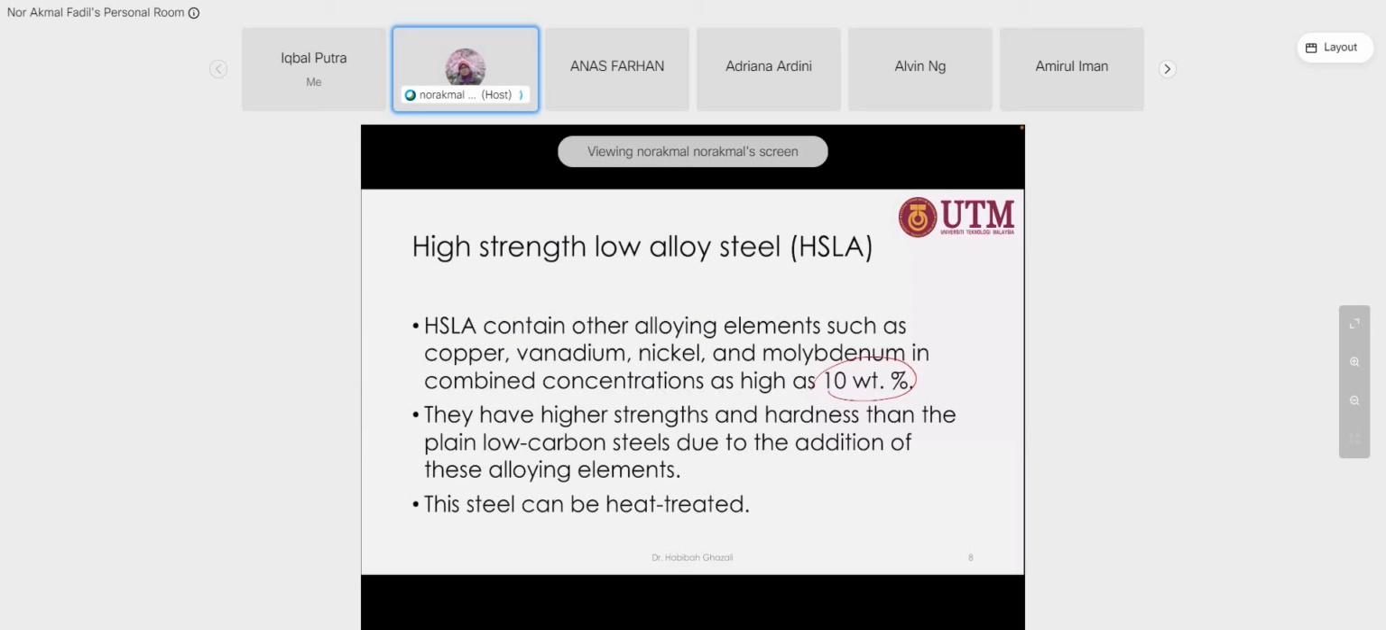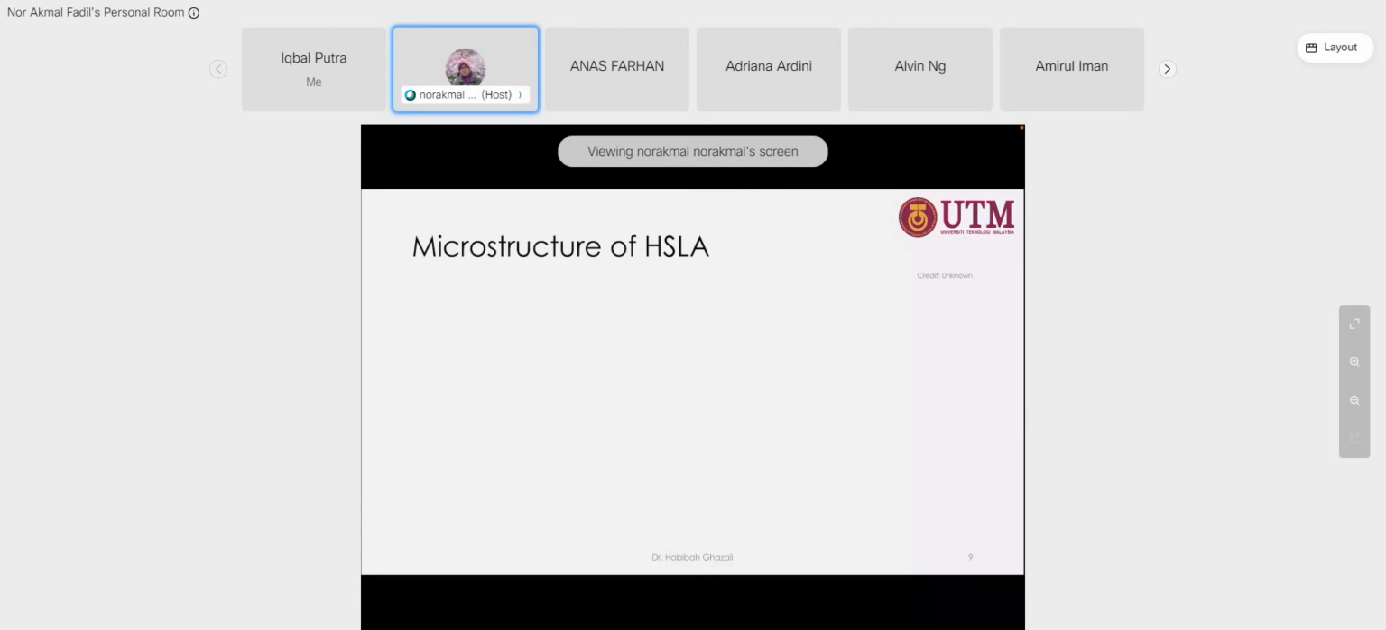So because of this alloying element, it can be heat treated. Okay, before this, without this alloying element, you cannot heat treat it, meaning that if you just conduct a heat treatment process, you cannot improve the property. But with this kind of alloying elements, you can improve the properties by using the heat treatment process. Okay, remember, if we look back to